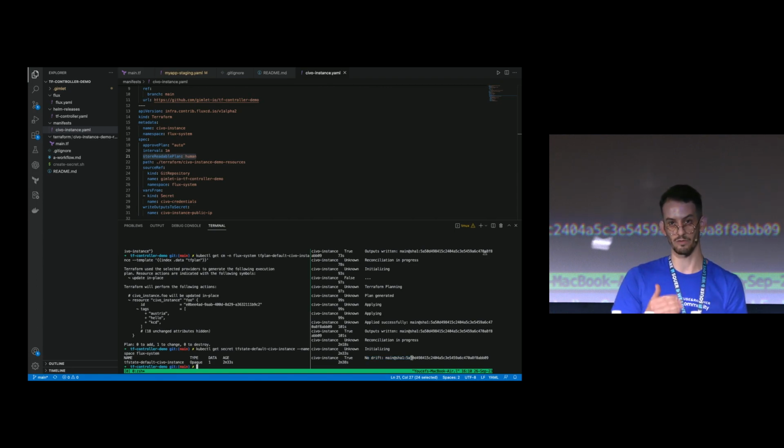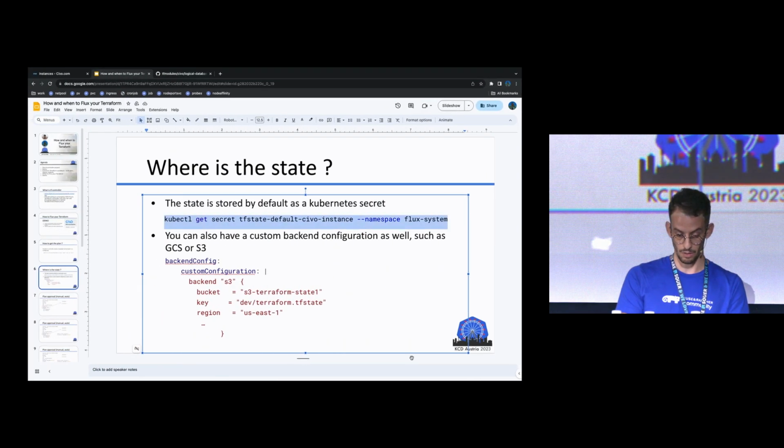A drift is whenever you push to Git or change your Terraform file; there will be a drift, and there will be a plan and apply for you automatically. The other option is to store your state in a custom backend, where you define a custom configuration, either a GCS or S3 bucket.